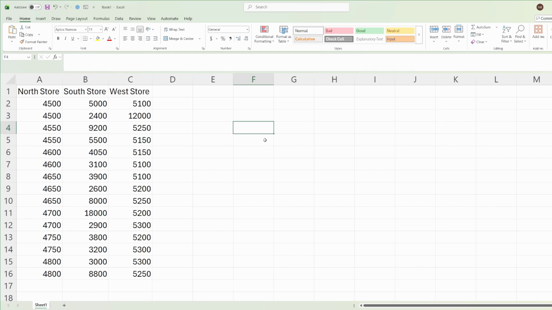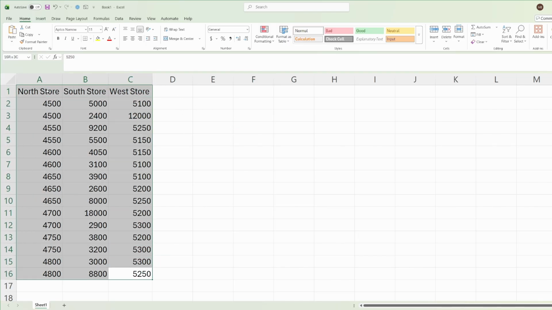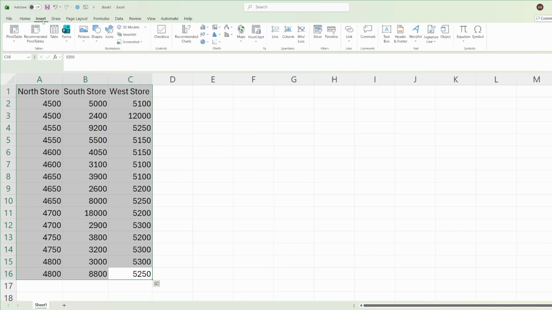Let's create a Box and Whisker plot within Excel. So we have 3 stores here, the North Store, South, and also West with weekly revenue. And what we want to do is go ahead and select it, including our headers, and go to the insert